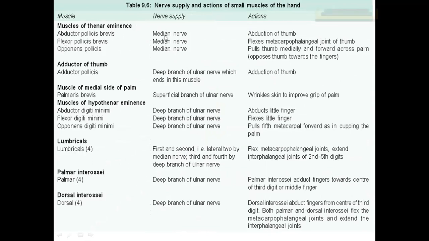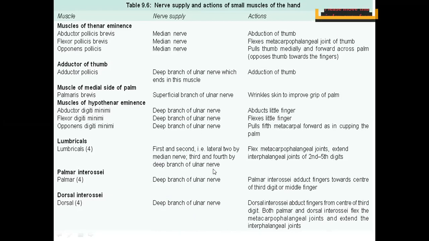At the same time, you have all the muscles' nerve supply and action, which we have discussed correspondingly with each muscle. Just look at the PowerPoint very carefully. In order to review, you can use these tables, right? Okay. So just to make you remember easily, I'll give you one hint. Except for the thenar group of muscles and the first two lumbricals, of course, all the remaining muscles are supplied by the ulnar nerve. That means most of the muscles of the palm are supplied by the deep branch of the ulnar nerve.